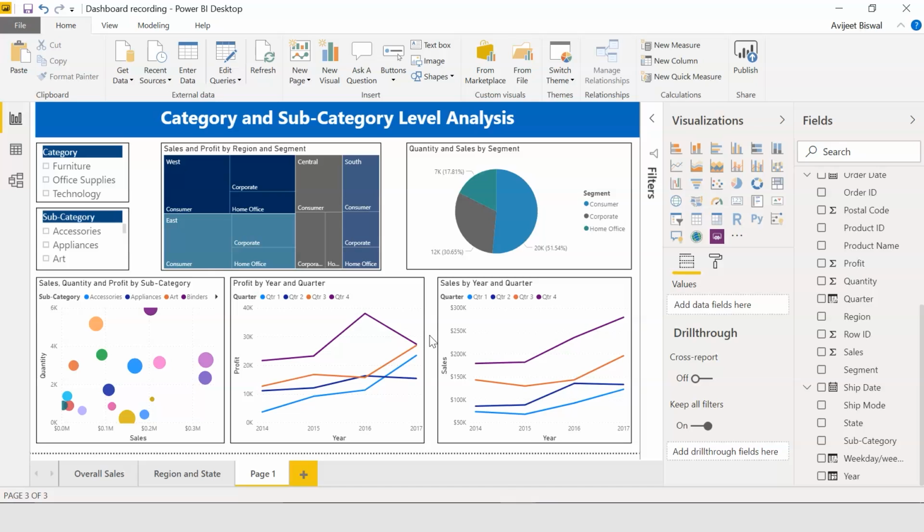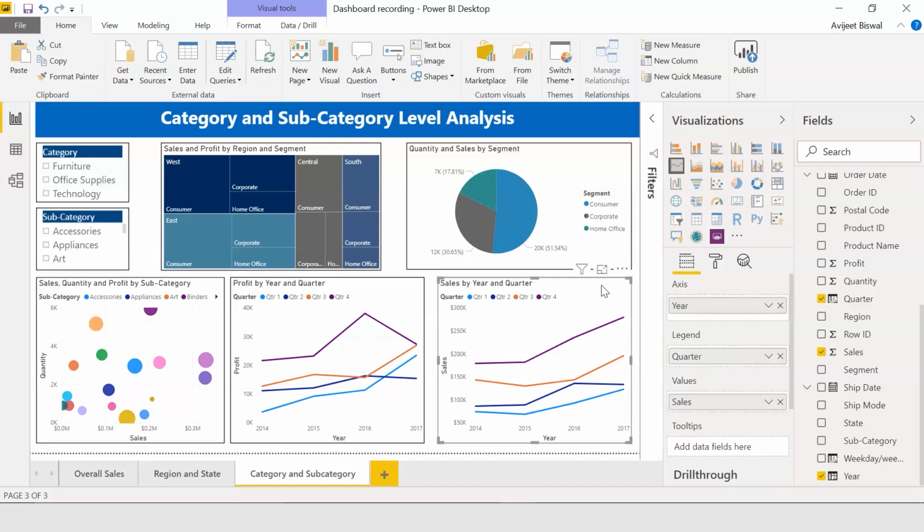and subcategory level. I can go ahead and rename this as category and subcategory. Let me save this. Now if you want, you can also filter it by subcategories.